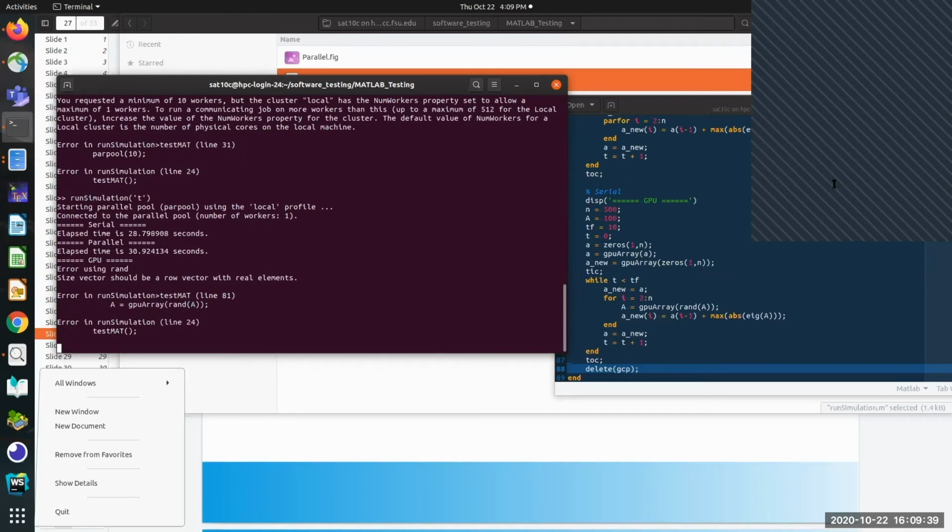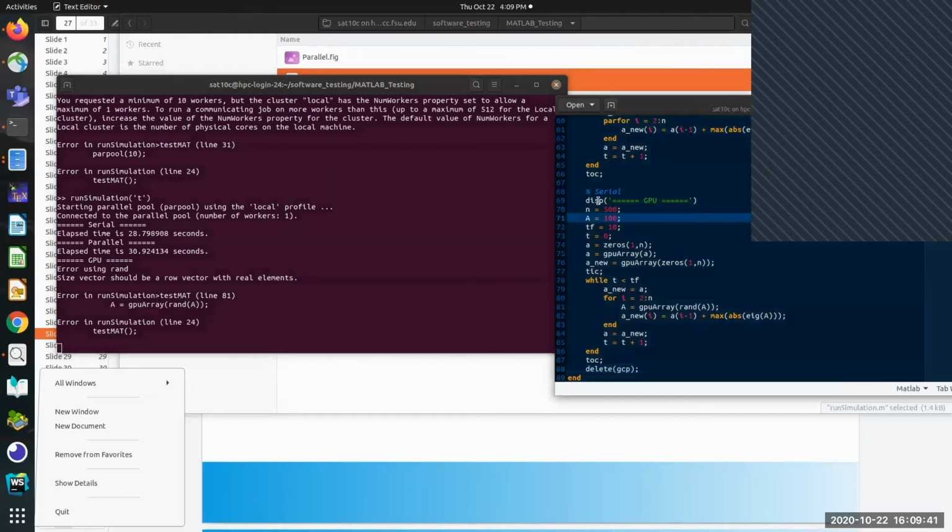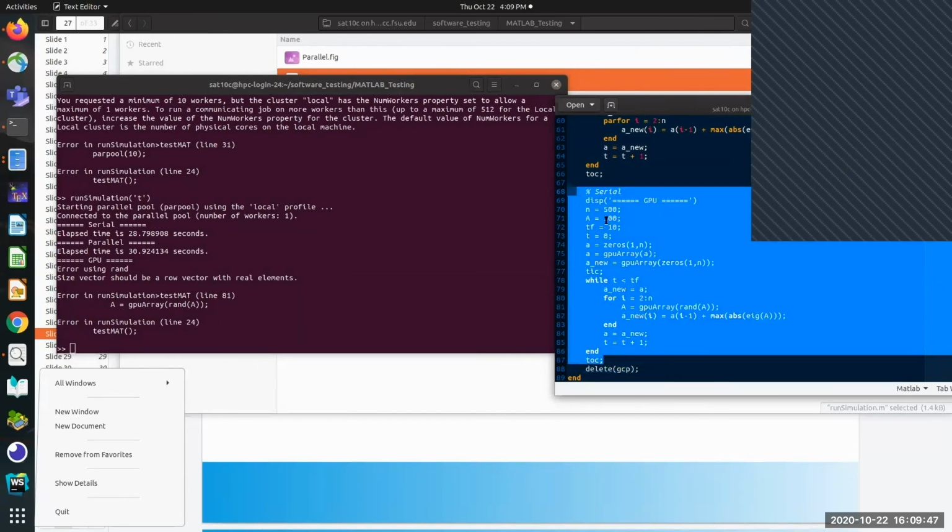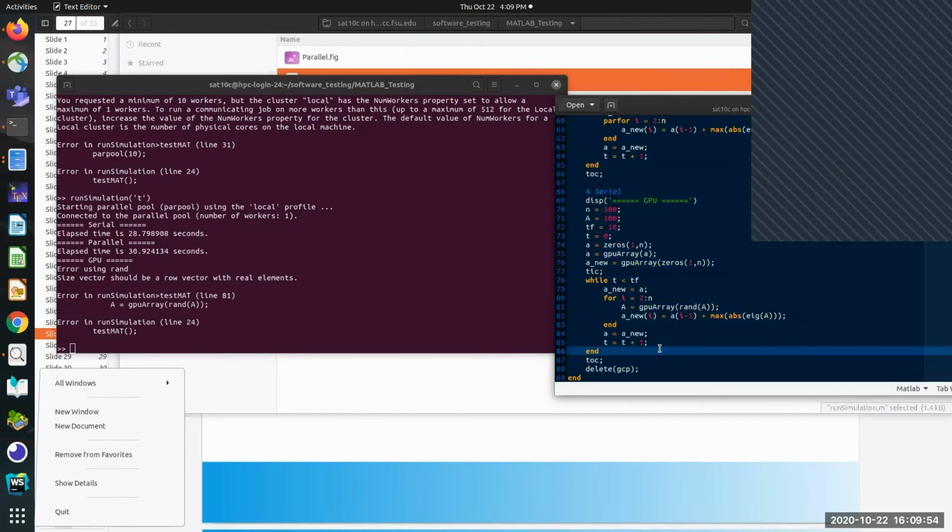Oh, no, sorry. Run simulation is the name of the program that I wrote here. So what I would do is just type this code out that I'm highlighting right here into your script, and then run it from there. What did I do here? Oh, the size of the vector should be a row. So let's do,